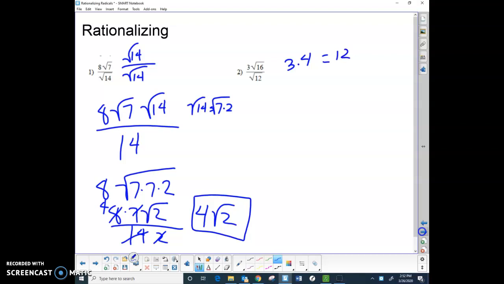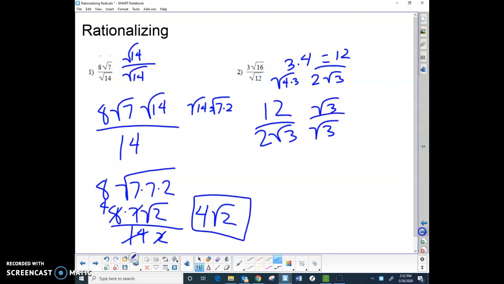And on the bottom, I have a square root of 12, which I could simplify. This is the same as 4 times 3, which I can bring that square root of 4 out. So I've got 2 times the square root of 3 on the bottom. So I've got 12 over 2 times the square root of 3. Now to get rid of the square root of 3, I'm going to multiply